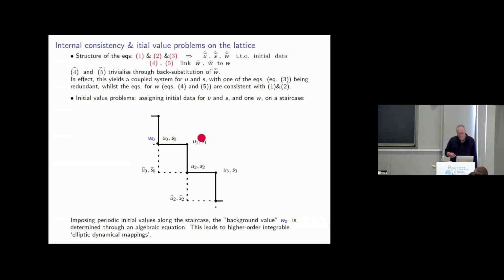If you impose initial conditions, for instance with periodic boundary conditions, where you repeat the initial values after a number of steps, then the W quantities cannot be imposed, but they follow from self-consistency of the periodicity condition. So if you write down the equations for the W's along a number of steps along the staircase, and then equate this again to W, you get a self-consistent algebraic equation for the W's, and that feeds